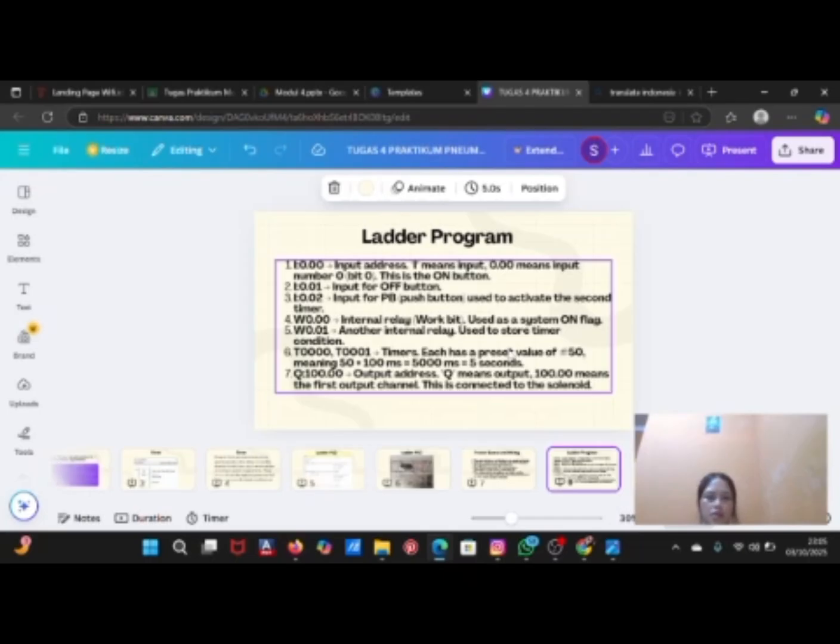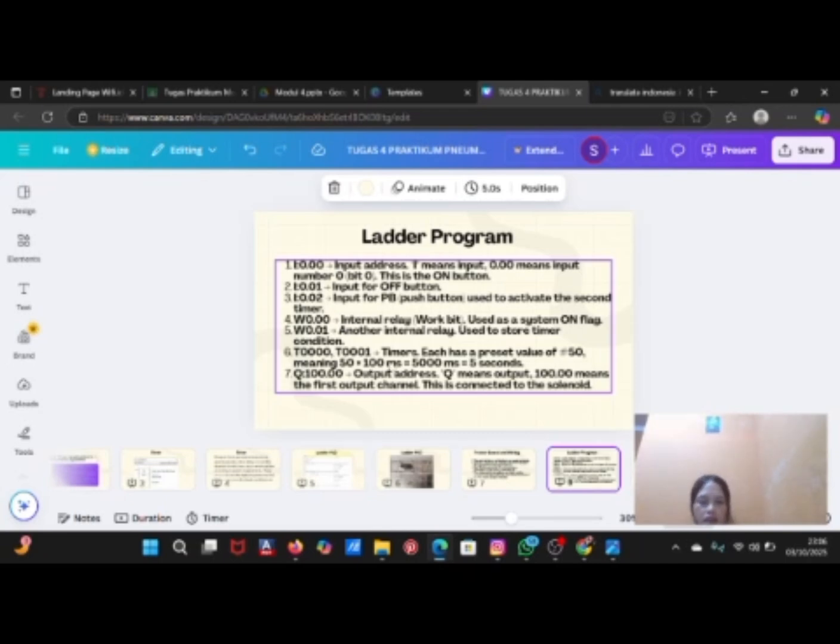Input address means input number 0, bit 0. This is the on button. Second, input for the off button. Third, input for the PB push button used to activate the second timer. Fourth, internal relay or work bit used as a system on flag. Fifth, another internal relay used to start the timer condition.